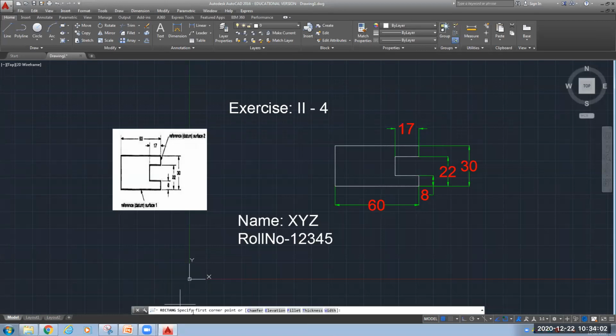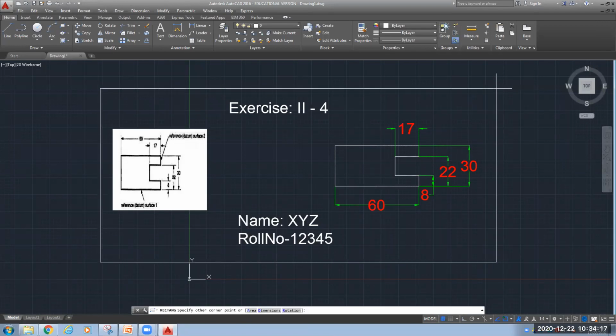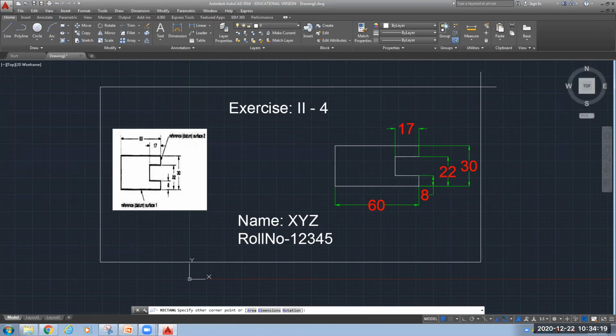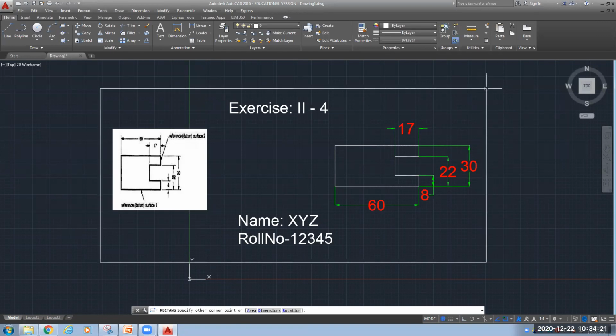It is asking to specify the first corner point. So I want to specify the first corner point, means the lower left corner. Suppose here I want to specify. Now it is asking for the other corner point. So this is the other corner point. So this is my rectangle.